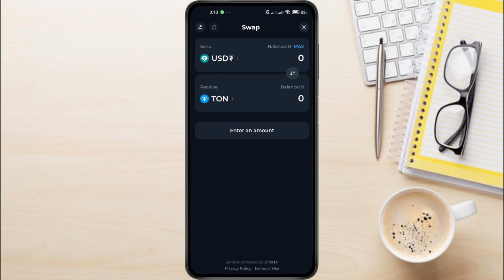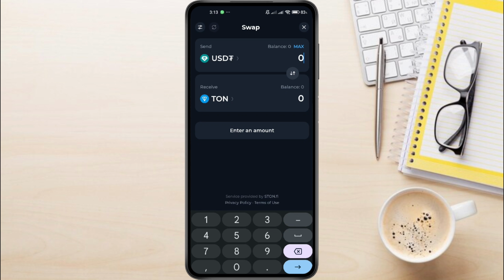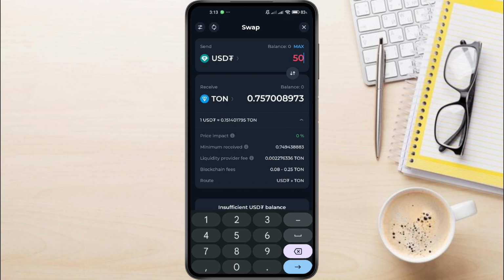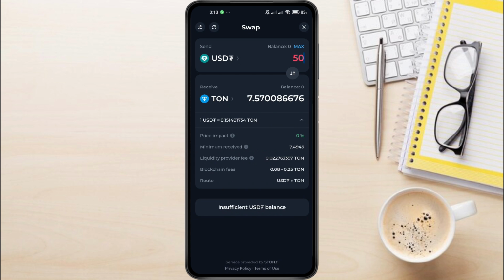Enter the total amount of tokens you received. For example, if you have 50 Hamster Combat tokens, just type 50 here. You'll see the equivalent value in Ton. If you have it in your balance, just click Buy to exchange it. Once you've swapped your Hamster Combat tokens for Ton, the next step is to transfer your Ton to your Binance